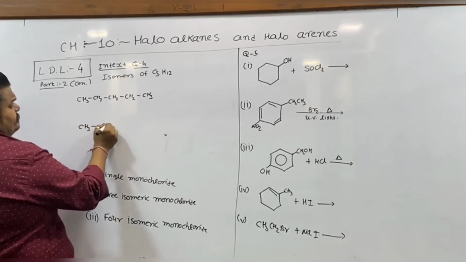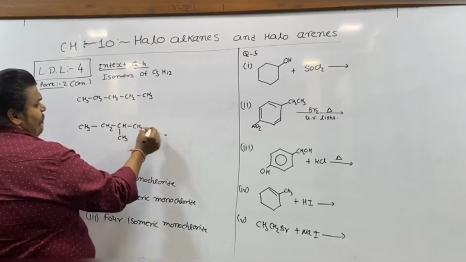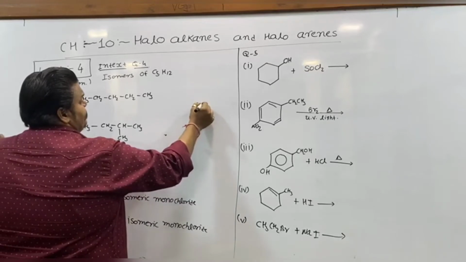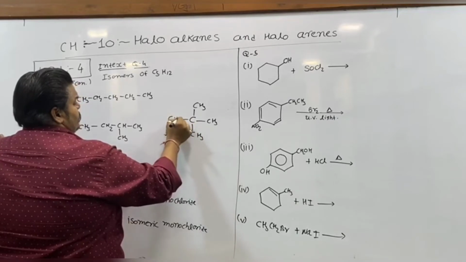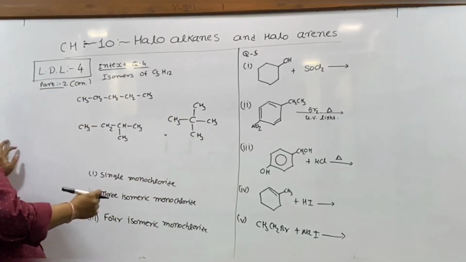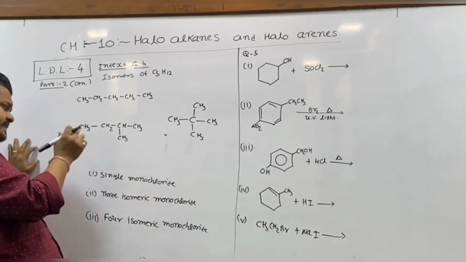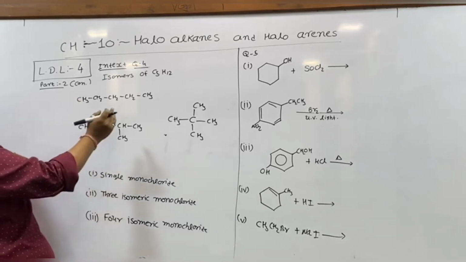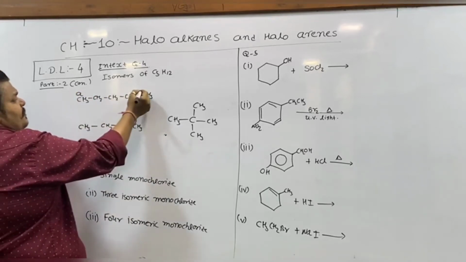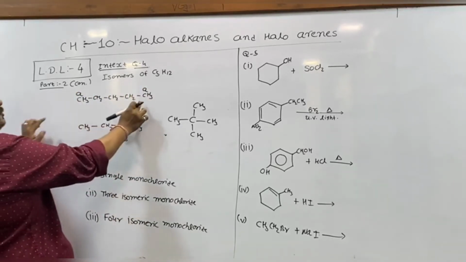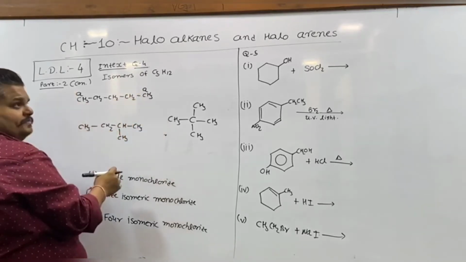Isopentane, and then we have neopentane. To answer this question, first of all we have to understand the different types of carbons or hydrogens present in these different isomers of pentane. In N-pentane, we have this carbon of type A. Both of these carbons are associated with one more carbon atom. That's why they are called type A carbon.